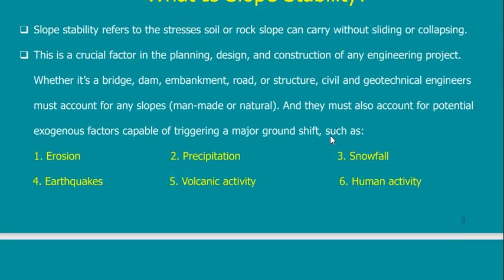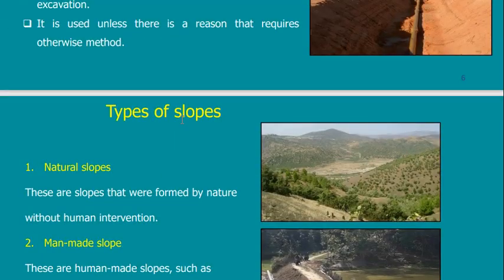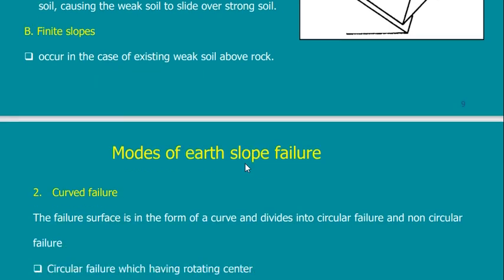Slope stability. The theory behind slope stability is very important: when to use slope stability and when not to use it. Maybe I can replace slope stability with retaining walls. But why slope stability? It helps you to have two levels in any engineering project. Suppose I want soil at a certain level and soil at another level. Then how to keep these two soils at different levels? I should add a wall in between or make a slope. But this slope should be safe. How to check that the slope is safe? I can check that the slope is safe by doing